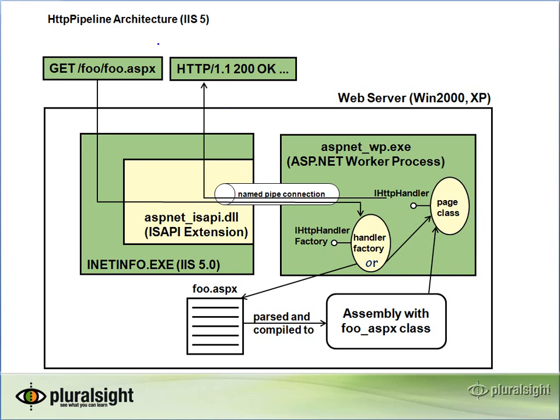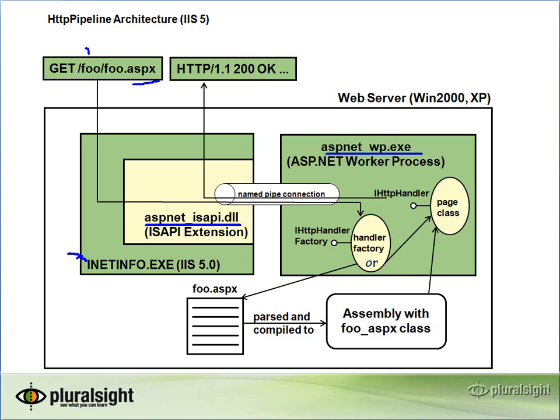So in IIS 5, a request comes in. Here's our GET request. The ASPX endpoint is going to have an entry in IIS with a script map association, creating a mapping from ASPX onto the ASP.NET ISAPI DLL. Okay, that's the ISAPI extension that's registered for ASP.NET endpoints. And the request is going to be handled by IIS's worker process. In IIS 5, that's inetinfo.exe. And it's going to be a separate process from the ASP.NET worker process, which is by default